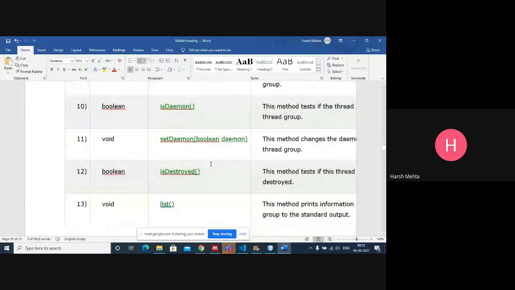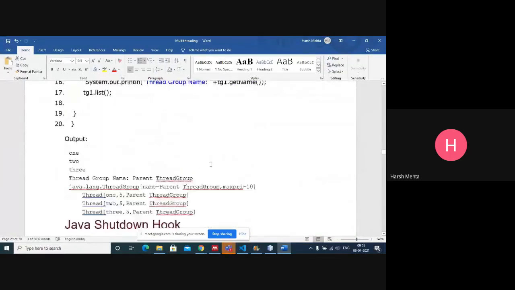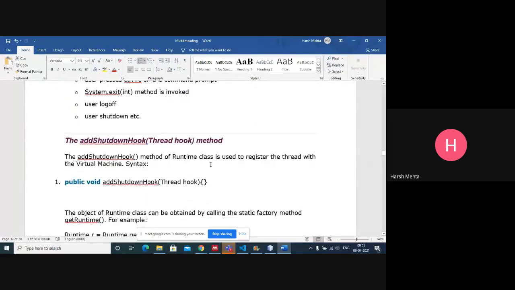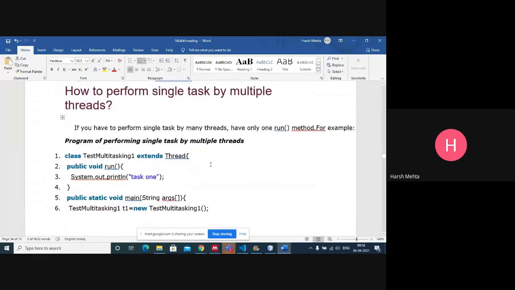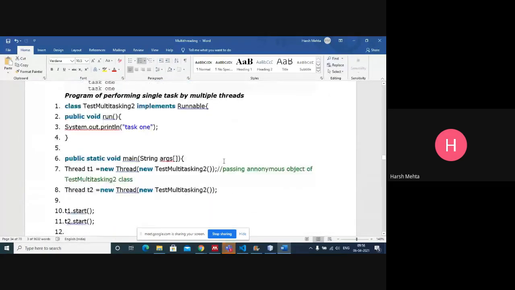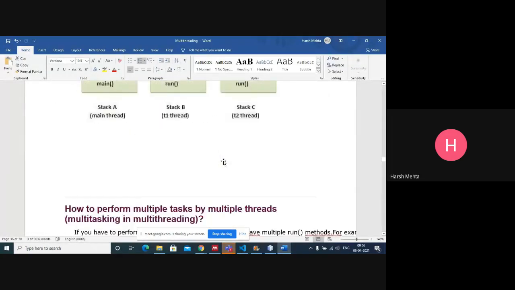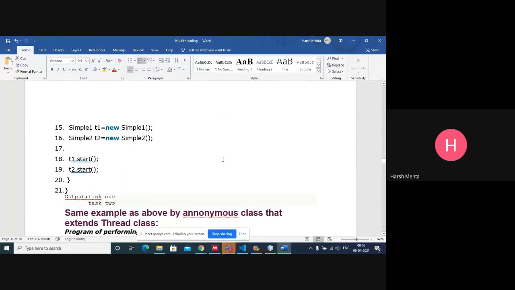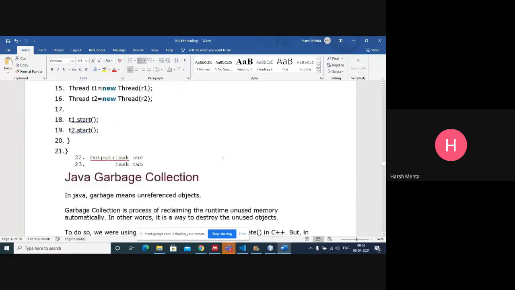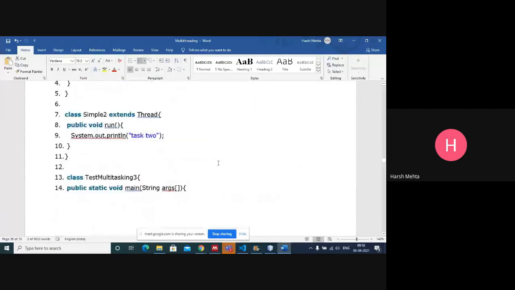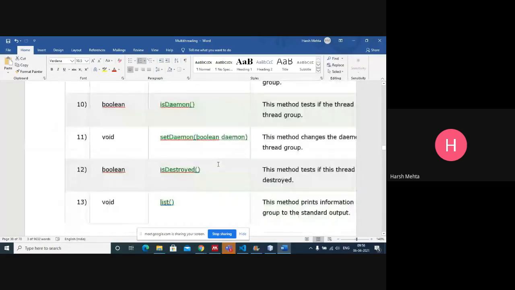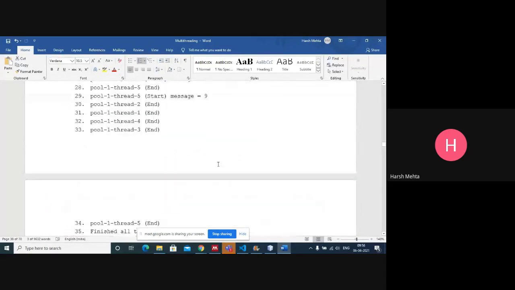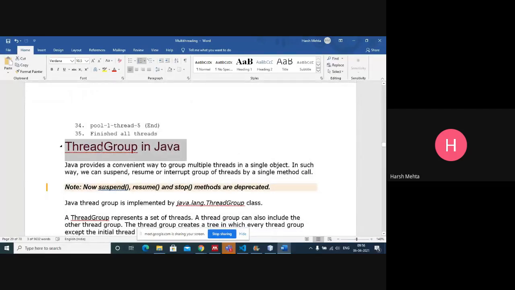Multiple threads we can put in a group known as a thread group. There are a lot of things which are out of syllabus; we will only talk about them and not see examples, but you must know the basics. From thread group we'll start in the next lecture.